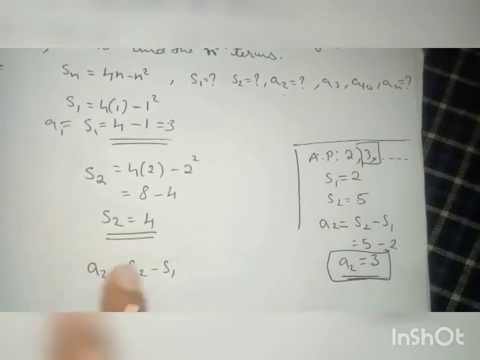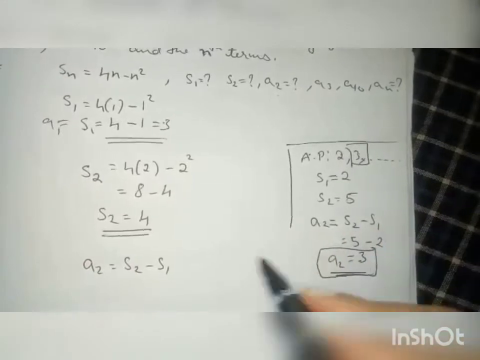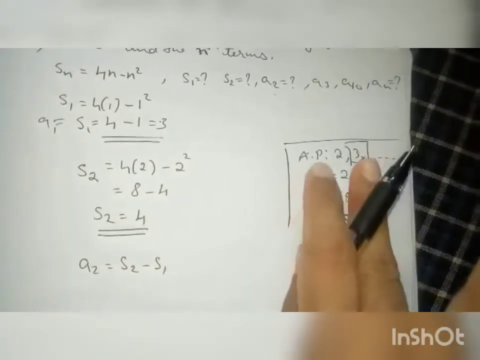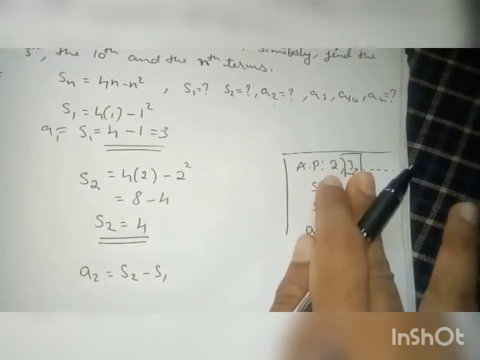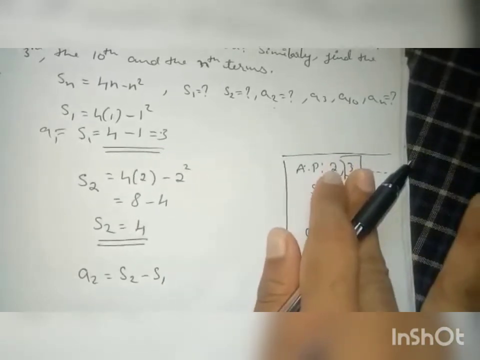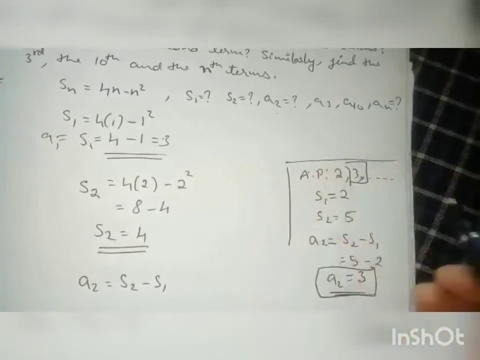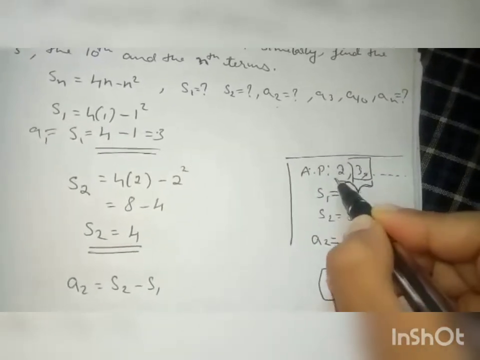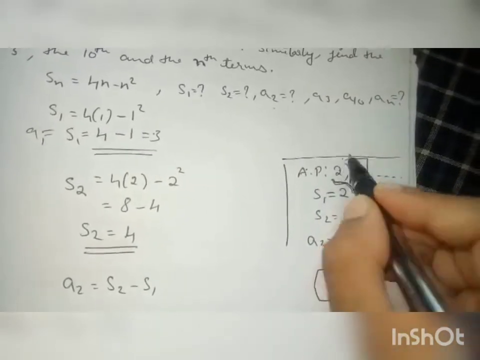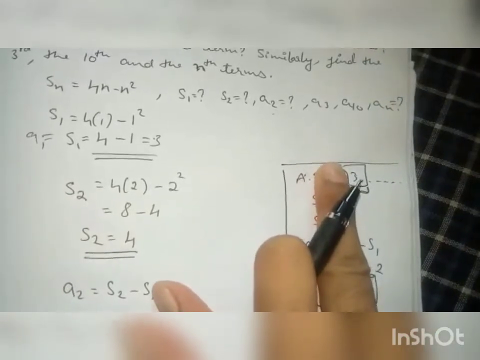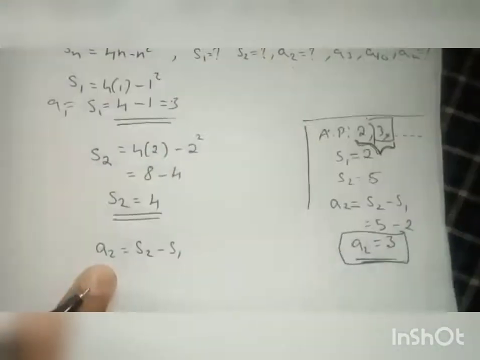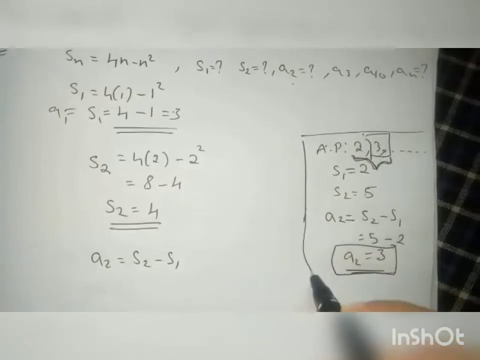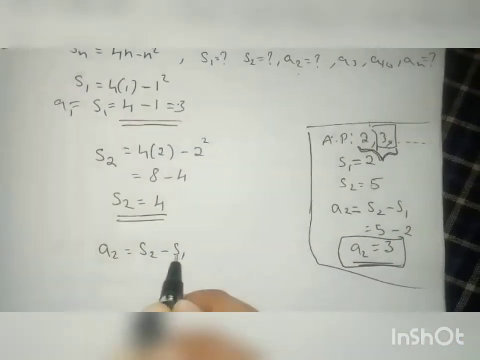So we can find it from the sum of 2. S2 means what? Sum of two numbers, the starting two numbers. So in that sum, if you take out the first term, the second term will remain. This is two sums, right? So in these two sums, if you eliminate one term, the first term, you will be remaining with the second term itself. That only we are using. A2 is equals to S2 minus S1.